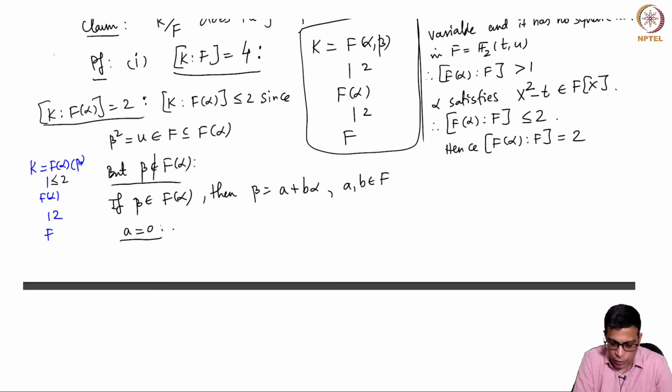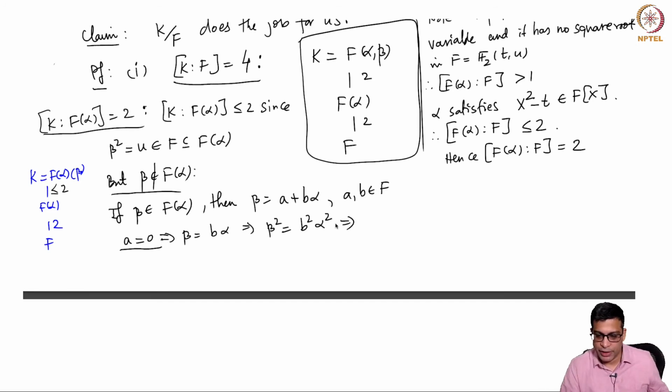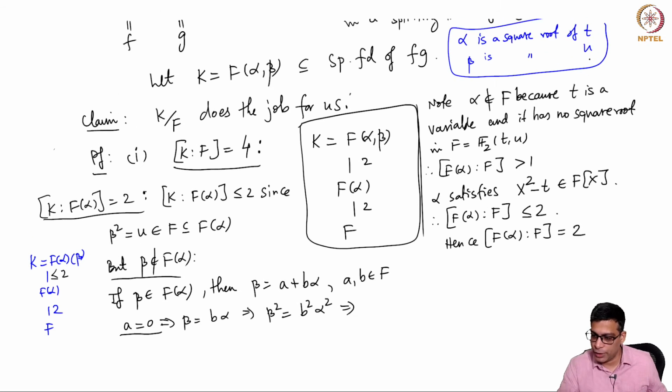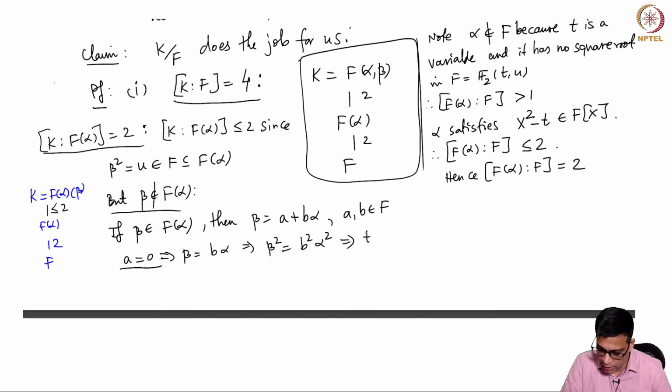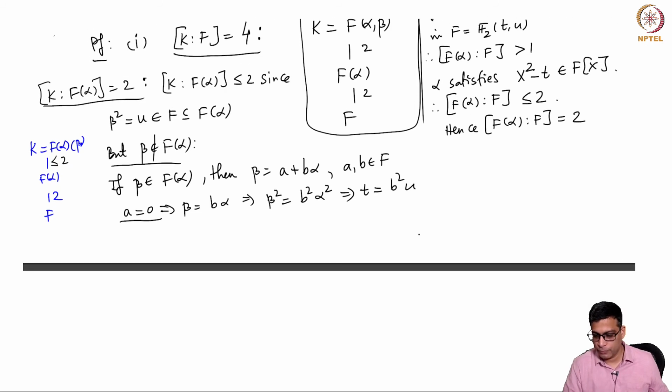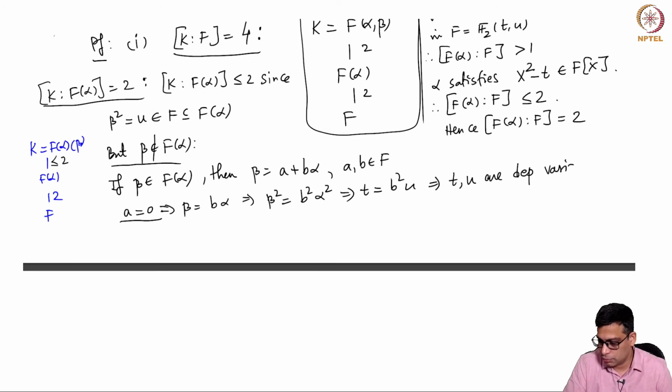If a is 0, this implies beta equals b alpha, so beta squared equals b squared alpha squared. Beta squared is u, alpha squared is t, so t equals b squared u, but this means t and u are dependent variables,